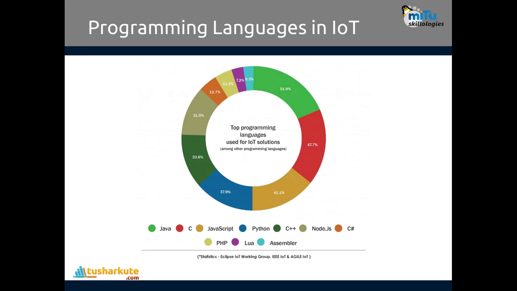If you see the last several years, for embedded application design, Python is a very commonly used language in IoT applications. Maybe it has reached above 40% also. Then we have C++, then Node.js, then C#, and then all the small languages, like Lua, which is specially designed. NodeMCU is one of the devices where the Lua programming language is used for IoT application design. So these are the languages that are required in IoT application design.